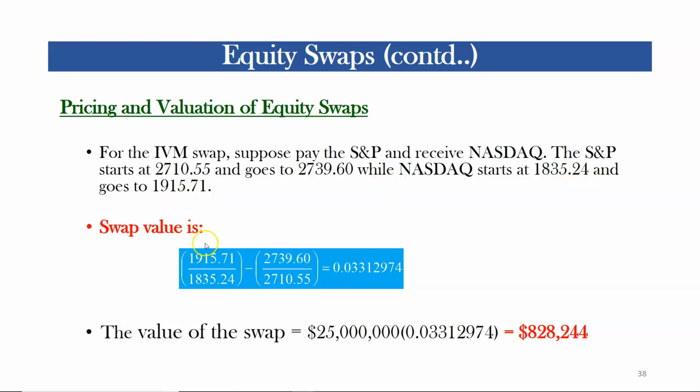The value of the swap for IVM 60 days into its life is equal to the value of the Nasdaq position minus the value of the S&P position. It is just equivalent to having a long position in the Nasdaq index and a short position in the S&P index. The resulting value is $0.0331297, and for a notional value of $25 million,